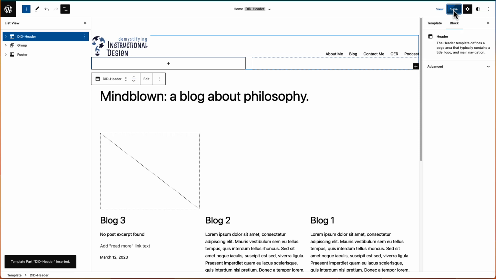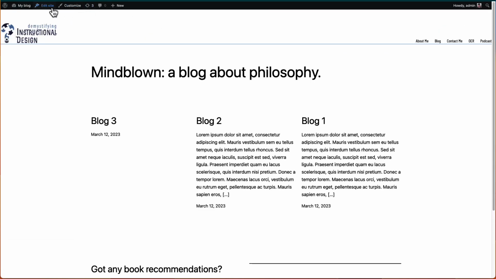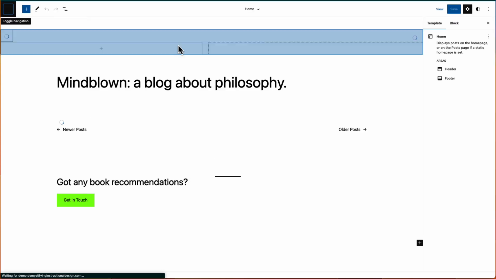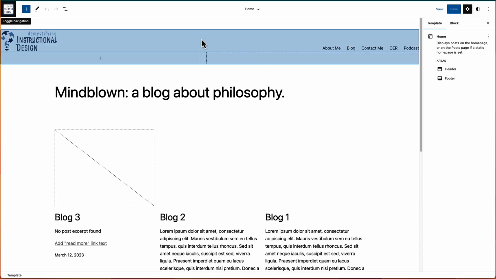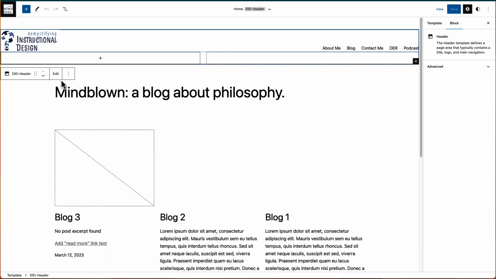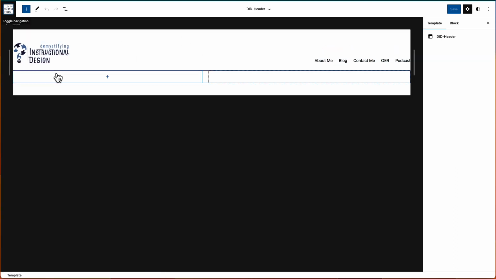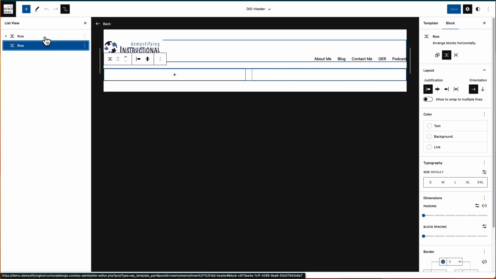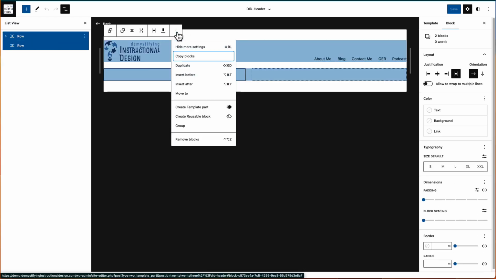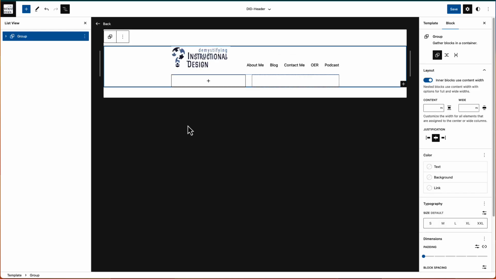Let's see how this looks. I see my new header, but the logo and menu are on the edges of the page rather than aligning with the width of my website content. To edit the header from here, I click the Edit Site from the admin bar. From the page editor, I select the header and then click Edit. This brings me back into the custom header in the template part editor. I select both rows and then add them to a group. The group allows me to set the page width to align with the width of my site, in this case,